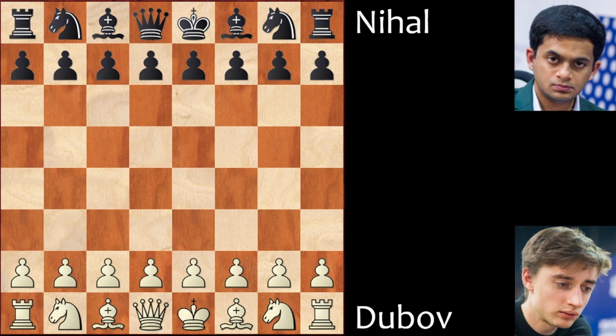Hello, in this video I'm showing you the game between Daniil Dubov and Nihal Sarin from the World Rapids from last year. This was a very nice game, and let's get to it. We had the Queen's Gambit Accepted,